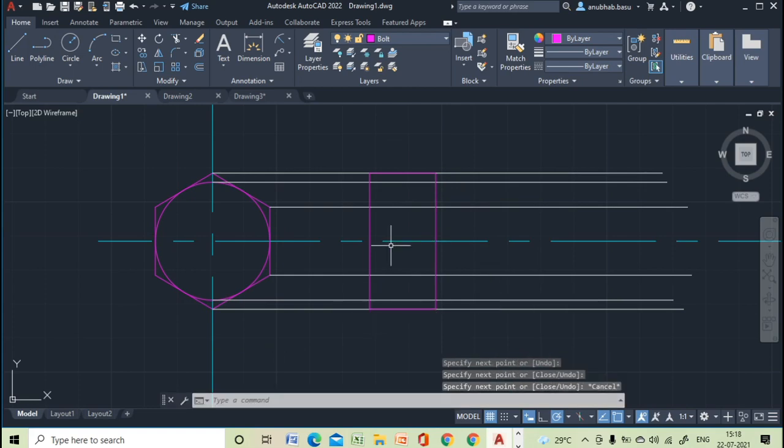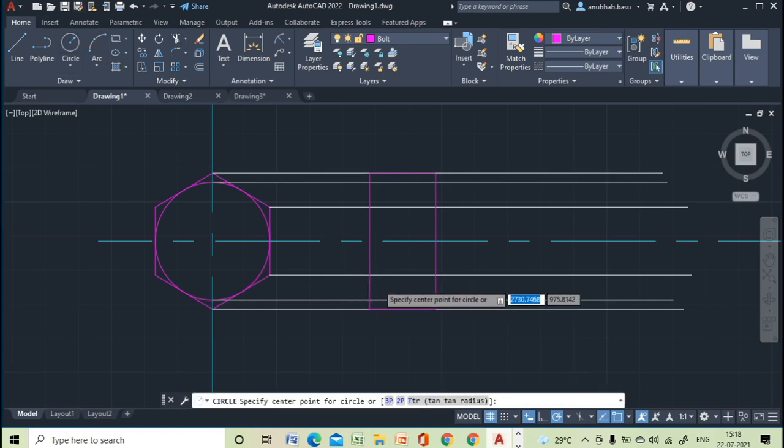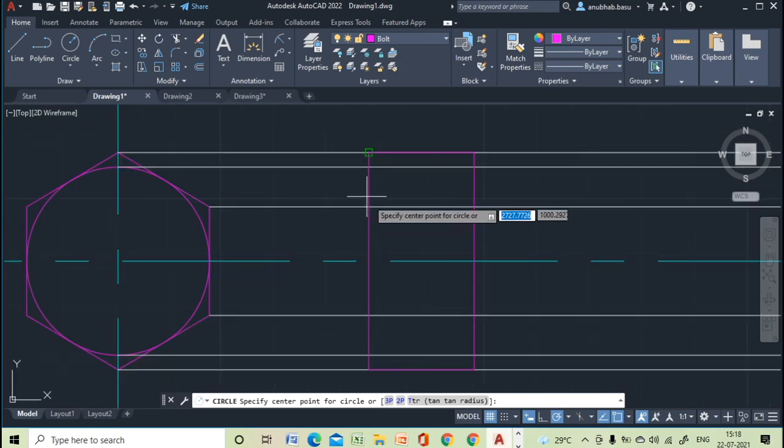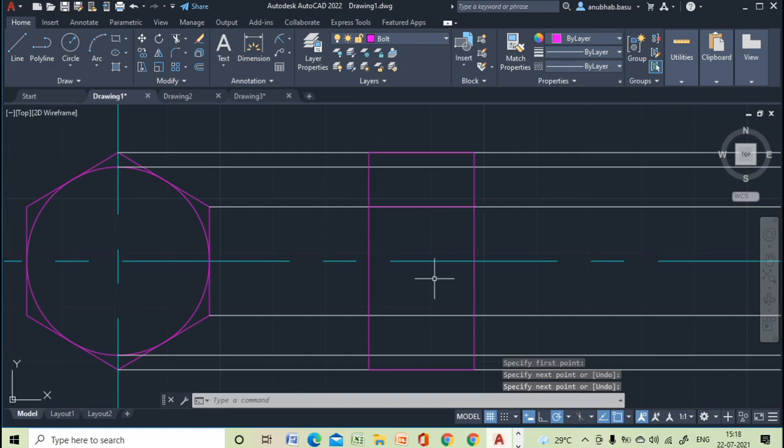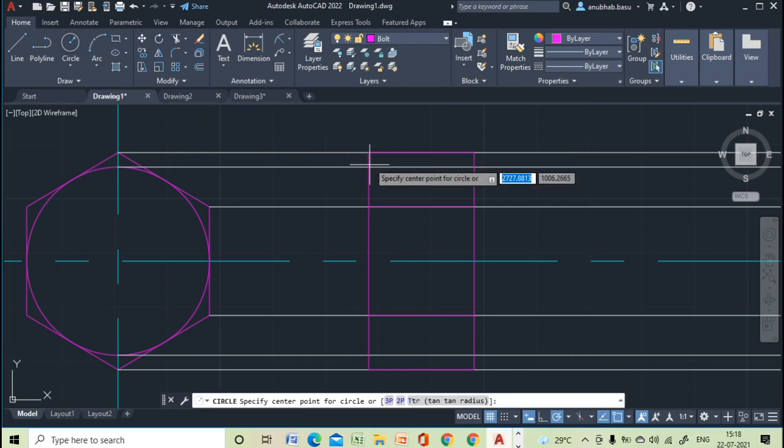Okay. Next again we will draw the circle. For that we'll connect this point to this point and this point to this point. Now we will find out the center point.